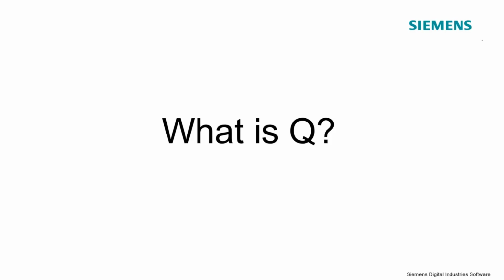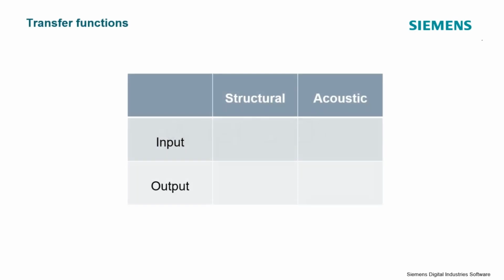So acoustic exciters, what is this quantity called Q? We talked about it being an acoustic force, but we're going to back up a little bit. If we're measuring a transfer function, you see I've got input and output. With a structural system, which I certainly became familiar with early on in my career, and this is the first transfer function that I measured, you're putting input into the structure, and that's usually a measured force. Your output is typically measured with an accelerometer, so your output is an acceleration. This is where we get our A over F, or acceleration over force.